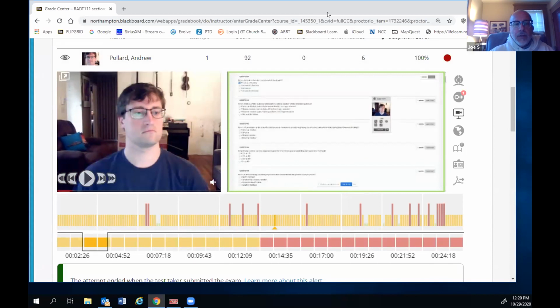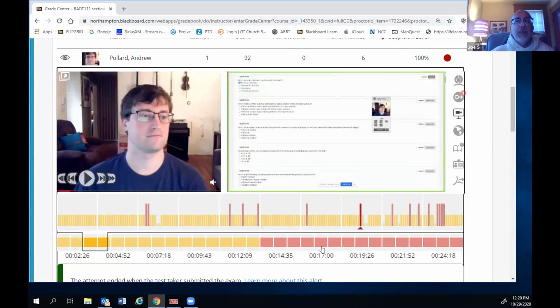But you see the yellow and red items indicate places that you might want to focus on, as to where the student might have been flagged, all right? Again, keep in mind, those flags are based upon your behavior settings. You can make them lenient or stringent, right? So this is the dashboard.